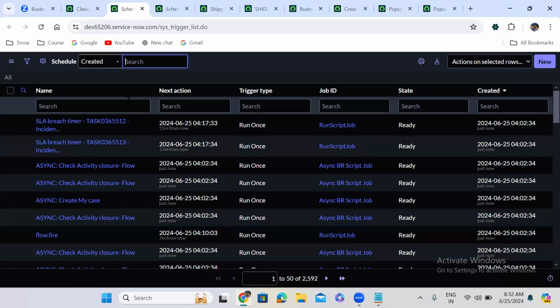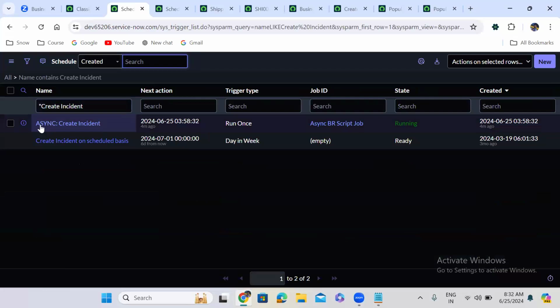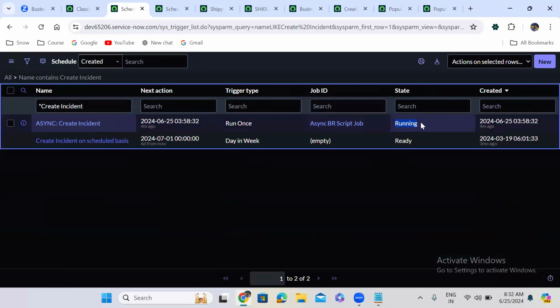Now you can go and search with this particular business rule here. You can see async create new. This is the business rule name. So this business rule here, it is running here. See guys, what happens is that